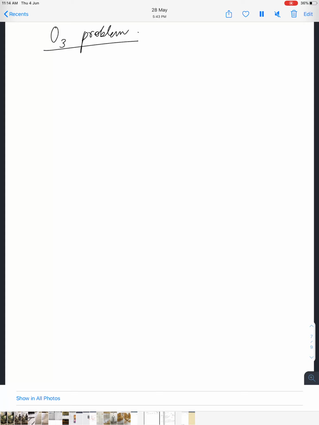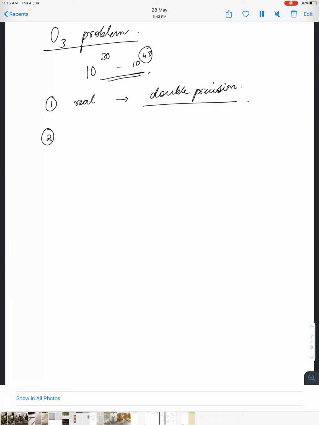Now we come to the ozone problem. So some of you have had problems with this because there were high numbers, 10 to the power 30 to 10 to the power 40 was the value of basically number of molecules, right? The concentrations were huge. So it happened that we got even larger numbers, right? So what we have to do first to handle that, instead of taking real, we can decide to take a double precision. We have already discussed how to take double precision. You can look up in any book or on the internet and you will be able to see how double precision is written.